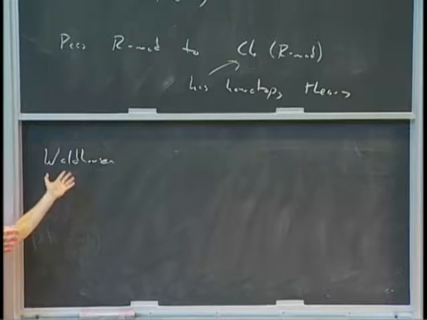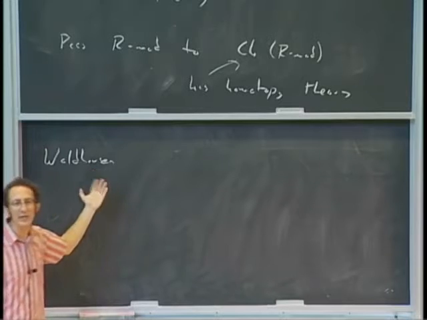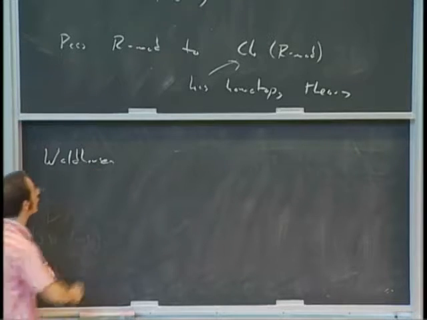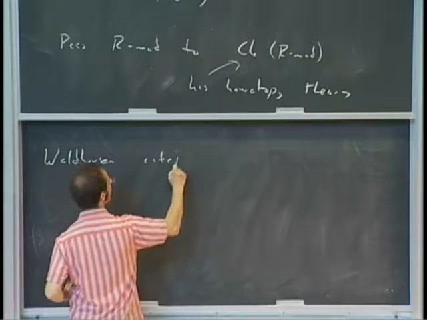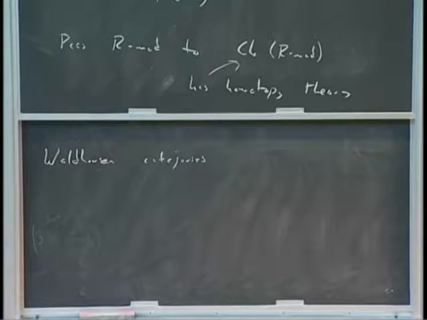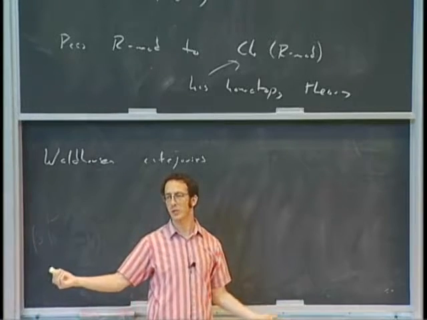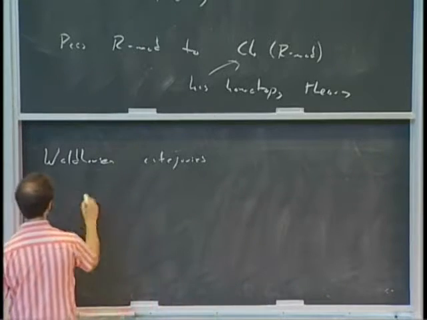So in some sense, this is going to be our more or less final piece of scaffolding. Well, for us, it is the final piece of scaffolding. In general, you can weaken this further in a way I'll allude to. But let me talk about now Waldhausen categories. So the idea is that this should look like a piece of a model category. So it's going to be a category C